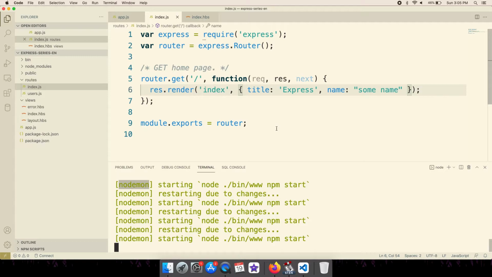It is used to automatically reboot the server when there is a change in our code, so that we don't have to restart the server every time we change the code. And here you can see we are passing two variables, which are title and name. When you pass this data as an object to your HTML template file, these variables will be available so that we can print those values.